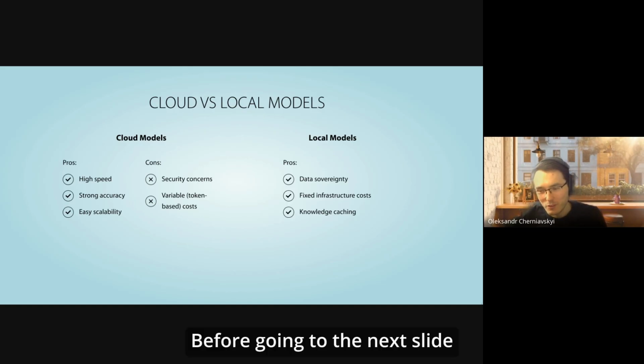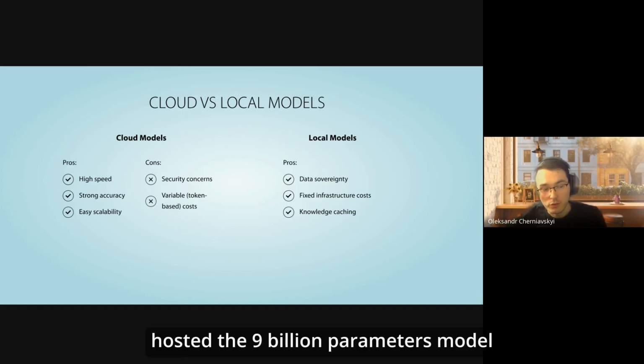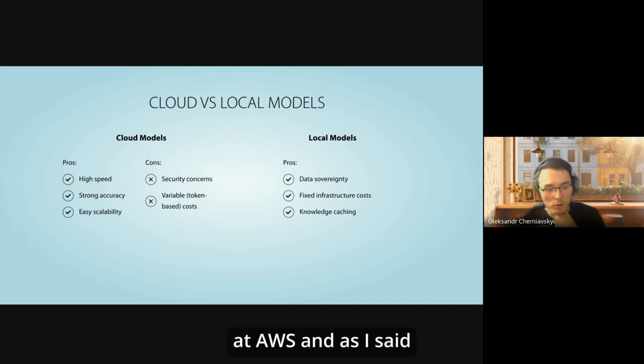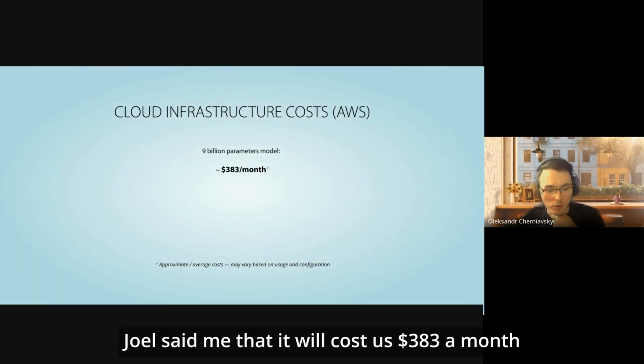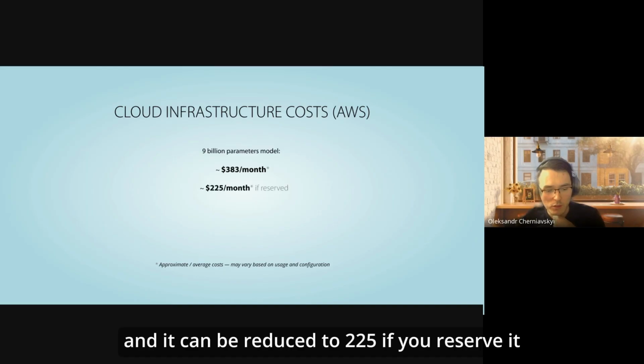Before going to the next slide, I wanted to say something about the costs. We hosted the 9 billion parameter model at AWS, and as Joel told me, it will cost us $383 a month, which can be reduced to $225 if you reserve it.